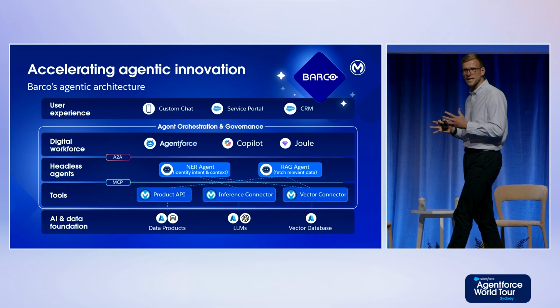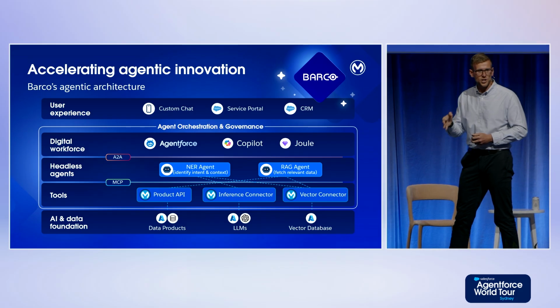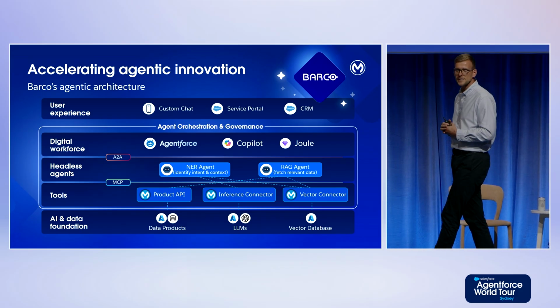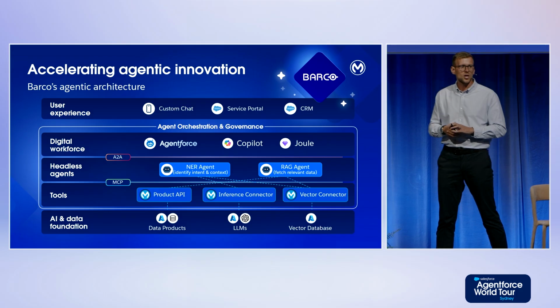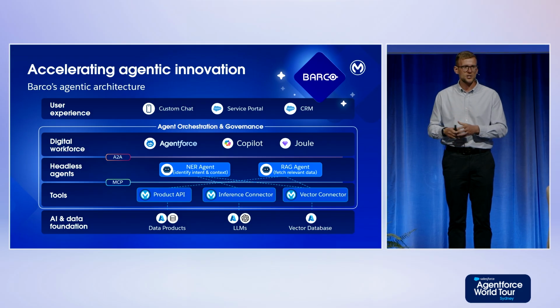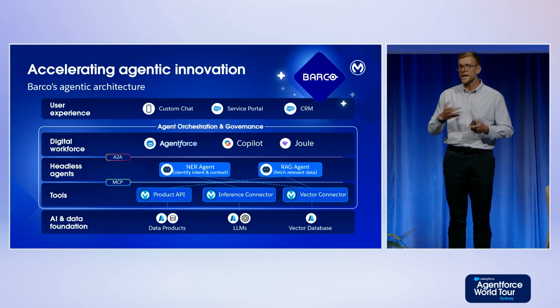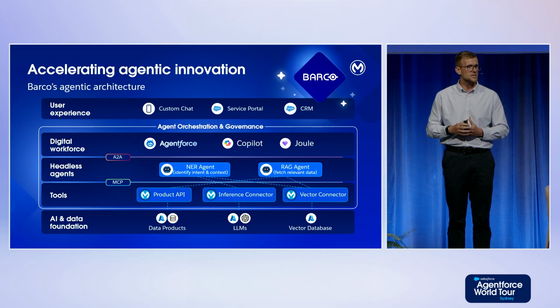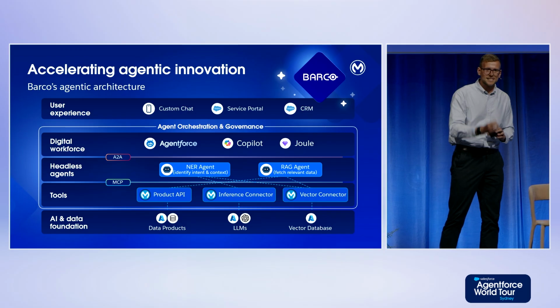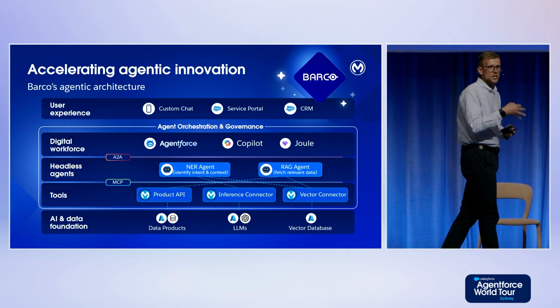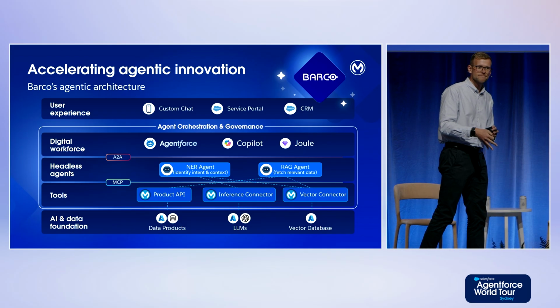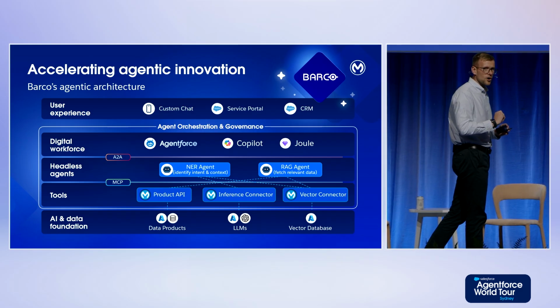This is the reference architecture for what they call Barco Genius. This is a headless set of systems which they can then plug into knowledge agents wherever they're needed. So you can see here, Agentforce is part of this, as well as other agent building platforms. The important thing is that with Agent Fabric, they're able to orchestrate across these different agents, apply governance across those different agents, and more importantly, they've got that consistent, reusable access to the systems they need. So that's it on Agent Fabric.